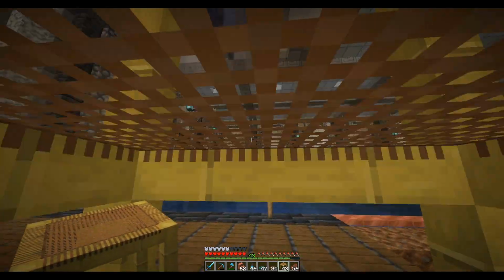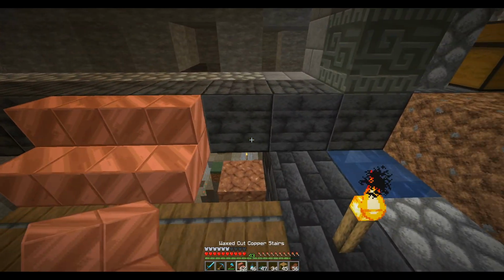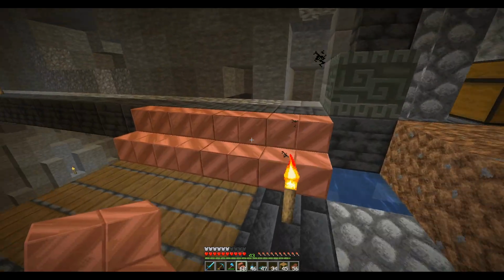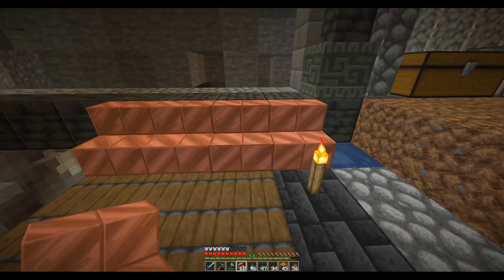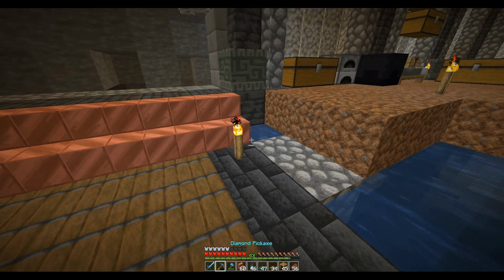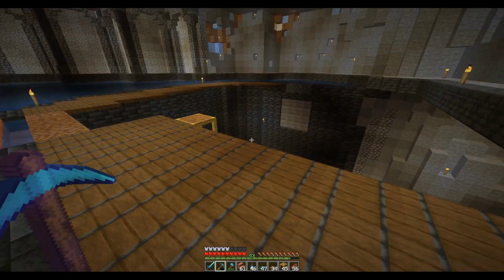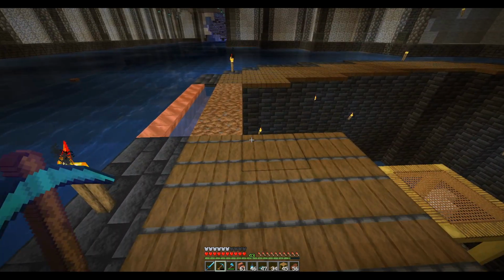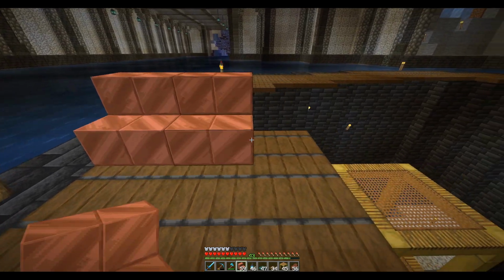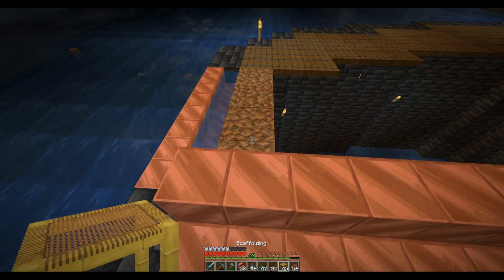Until I get the stairs built over there, I need an easy way up and down. So like this. We'll go up here. I don't think I want it here. I'll figure out something else to go there. And then on this side, and then maybe